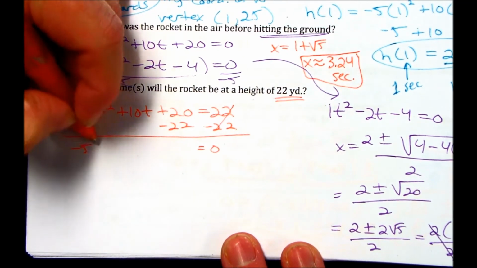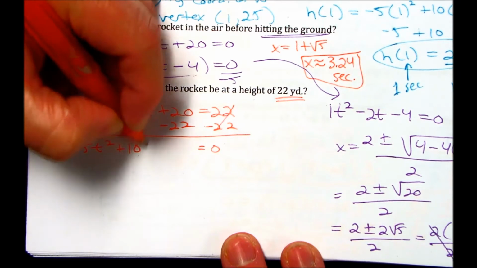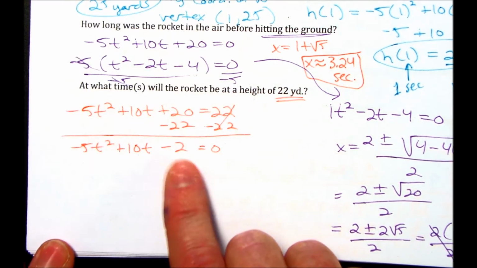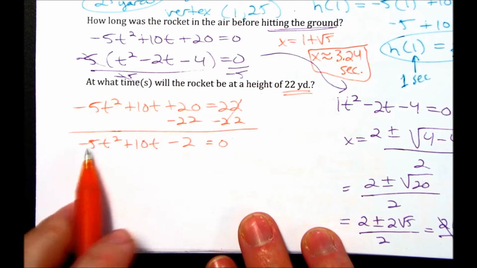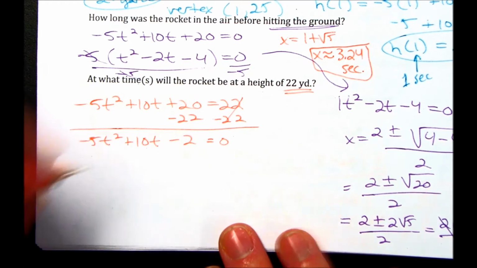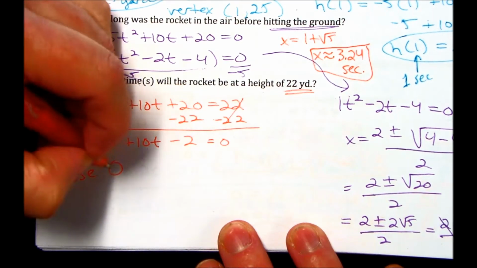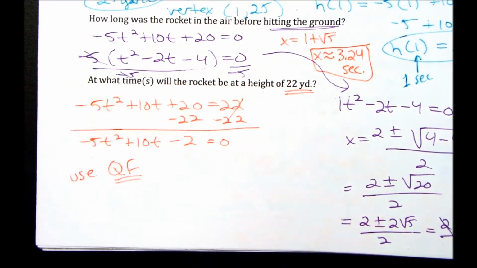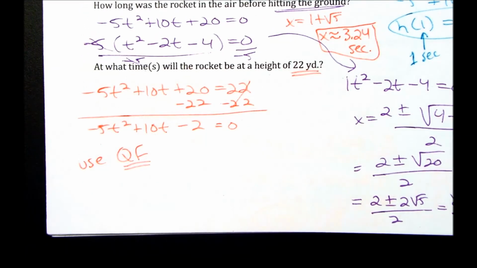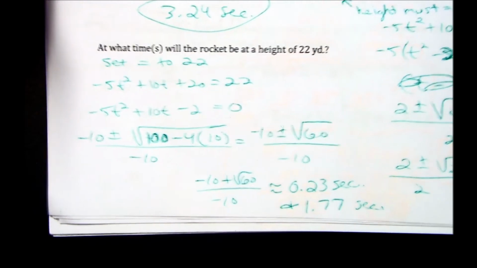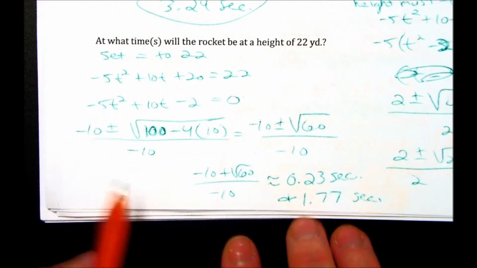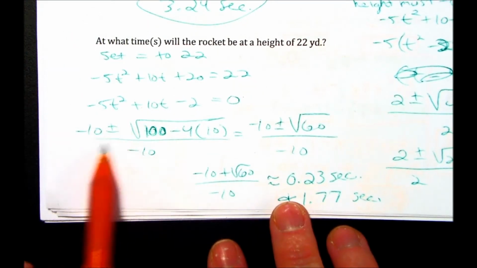So when I rewrite this equation now, I have a c value now of negative 2. And again, this is one that we're going to have to use the quadratic formula to solve. And I have done that on a separate sheet of paper. So I'm just going to put my other sheet of paper here. So going through this, I plugged it into the quadratic formula, and